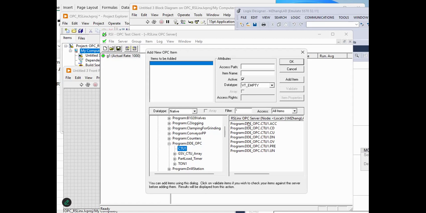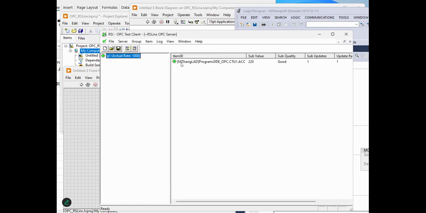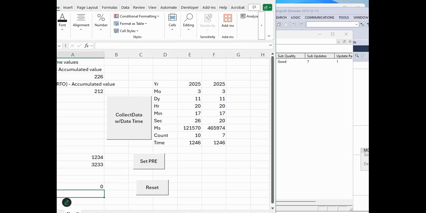So right now, if I want to look at what's the value on the counter accumulated value, I can highlight and click OK. So I set up one monitor on here. So notice here, the value is changing, right? So if I have the Excel open up on here,